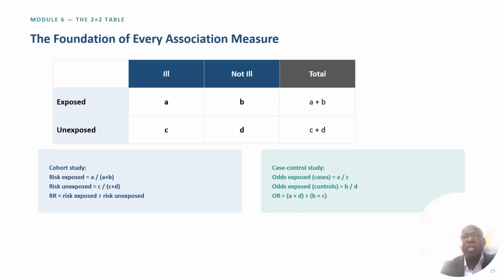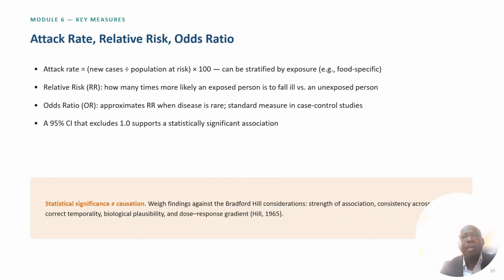We also have to come out with the odds ratios, and for the odds ratio we have to do a 2 by 2 table, or contingency table. In these tables we are seeking to identify the foundation of every association measure. Associations mean we have to identify the odds ratio among those who are exposed and those who are unexposed, those who ate and got ill, and those who did not eat and got ill, and so on. By this, we are going to know how intense and how serious the disease is.